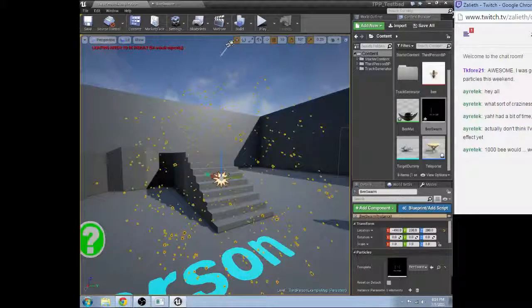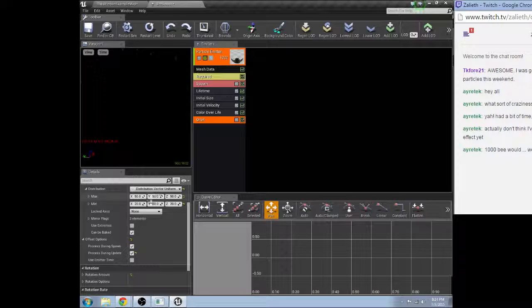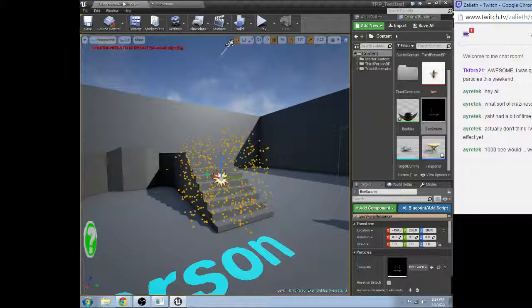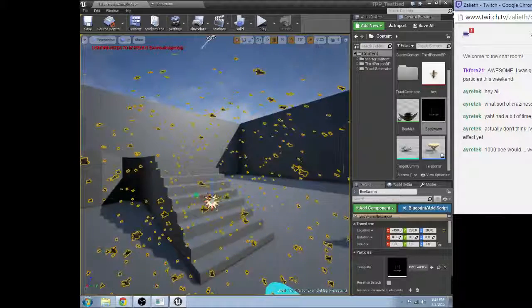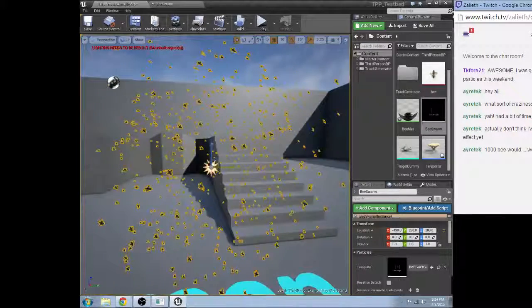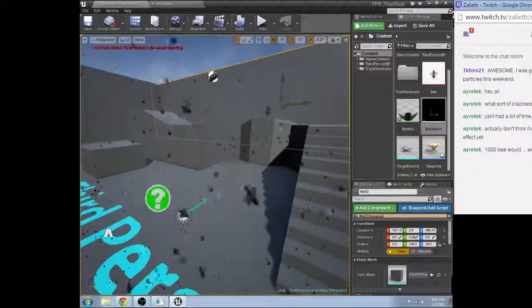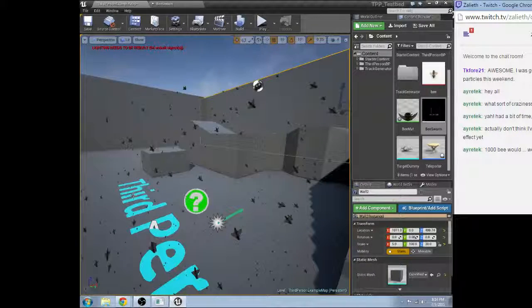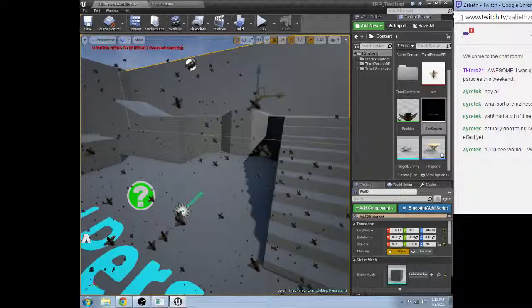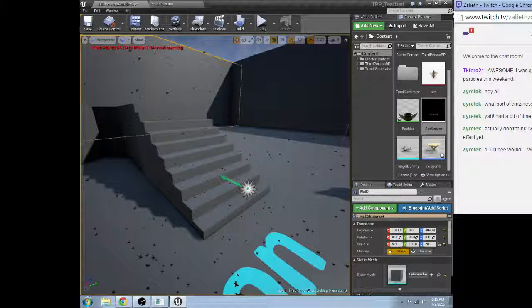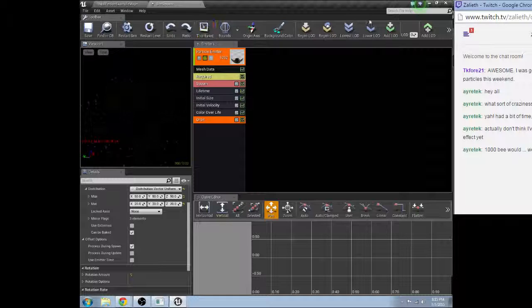So I am going to take this off, save that, and as you can see, it becomes a lot easier to see what's going on here. And even if you click off, you can actually see all this stuff floating around. Okay. And I believe